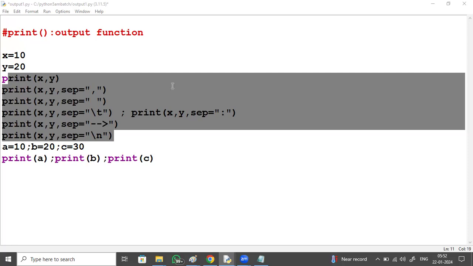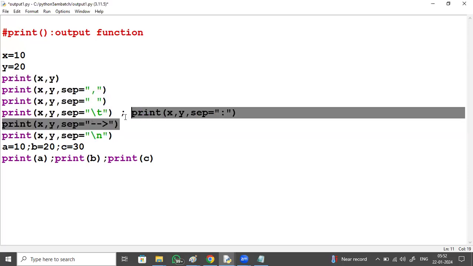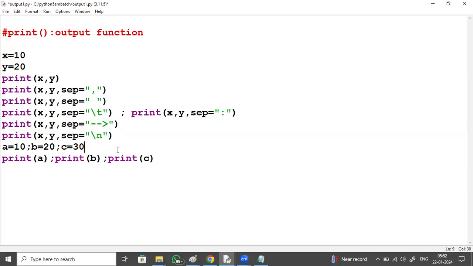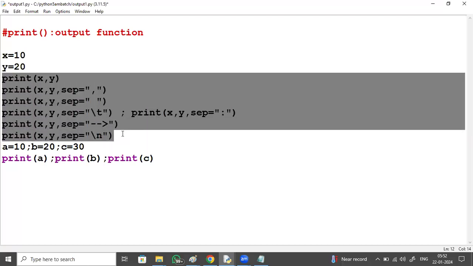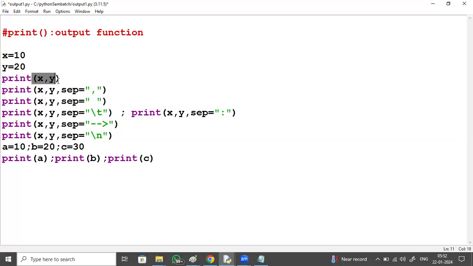Check it. Now if you give the semicolon, it works. Now see the behavior of print here. With 5 print statements, it prints these values and goes to the next line by default. Even though you have given 3 print statements in a single line, don't think you will get the output on the same line.